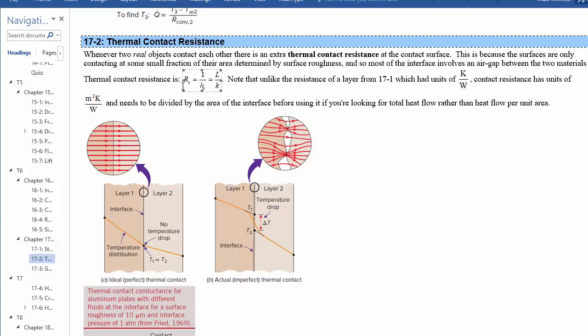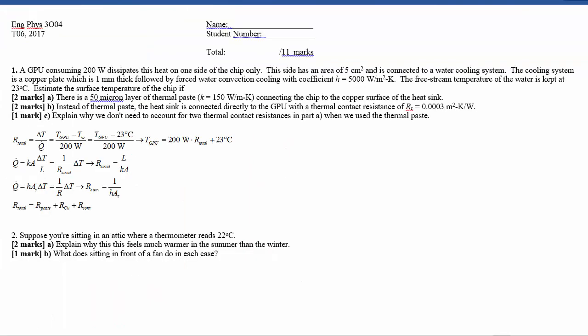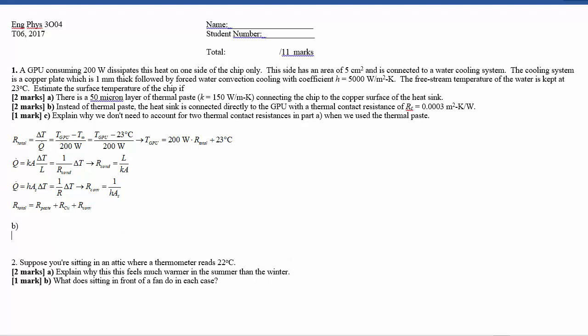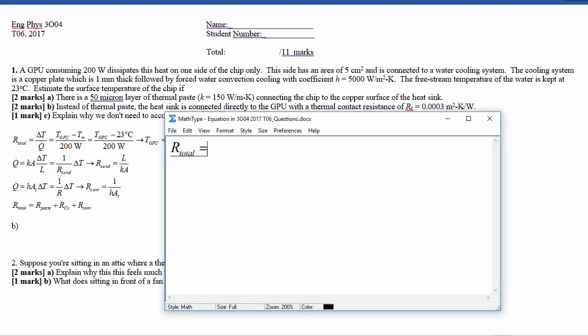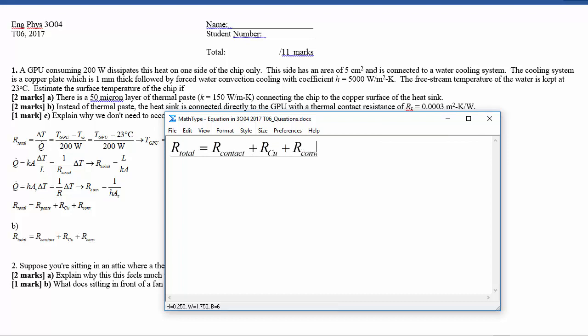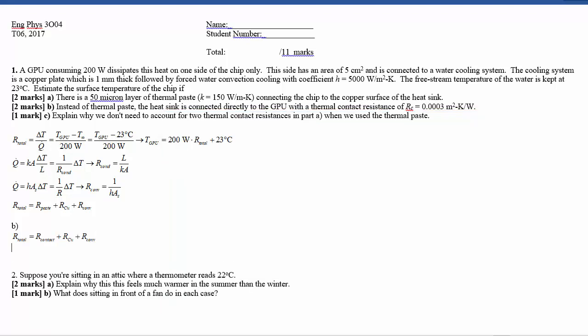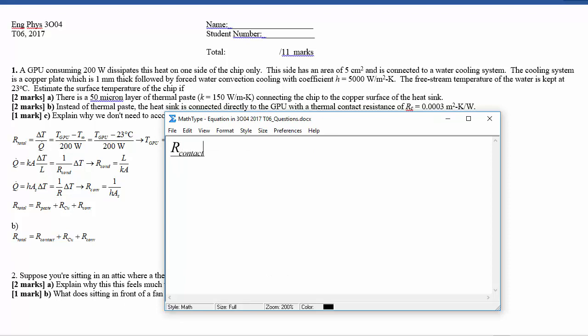So what you do is you take RC and you divide it by A in order to make an actual resistance. So calling it thermal contact resistance is a bit of a misnomer, but yeah. So in part B, we have instead our total is equal to our contact plus our Cu plus the convection resistance on the other side of that, and our contact is equal to